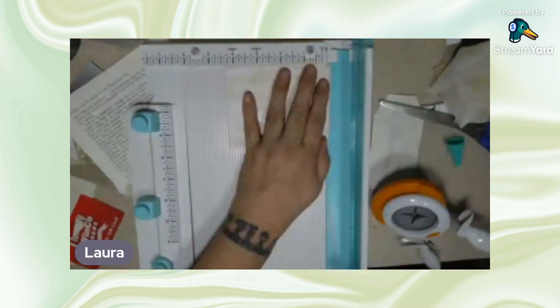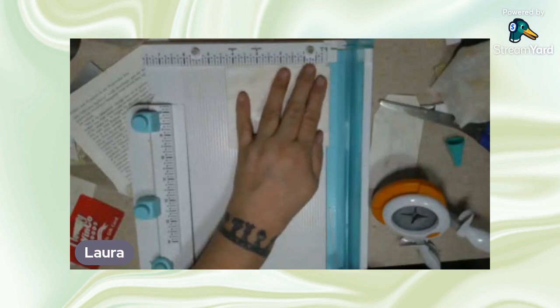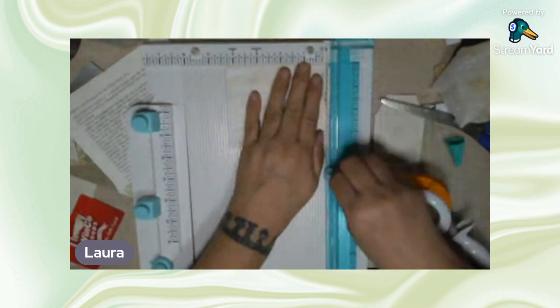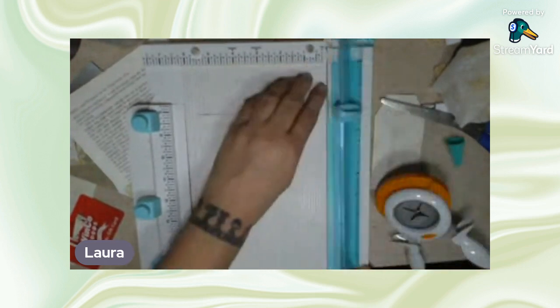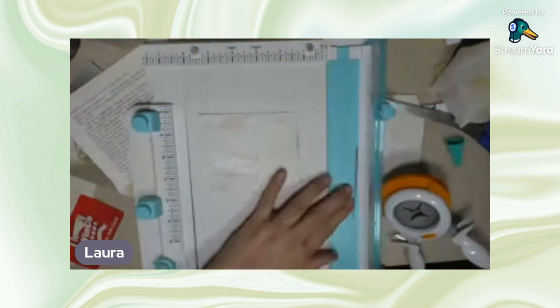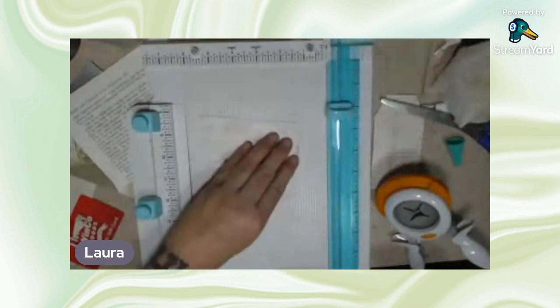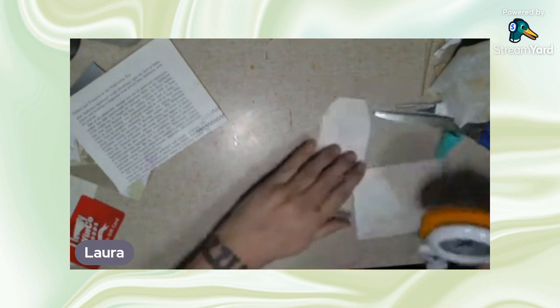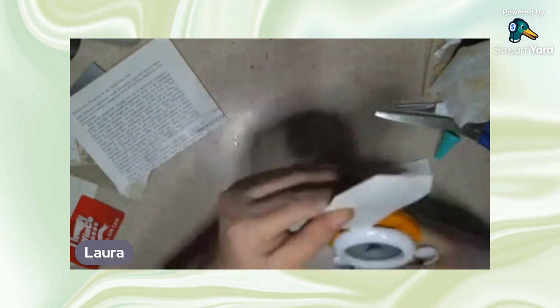Okay. Ooh, oops. Found a wet spot in the glue. That's okay. It's just going to have to be. My dogs are being psycho. So they're not wanting to